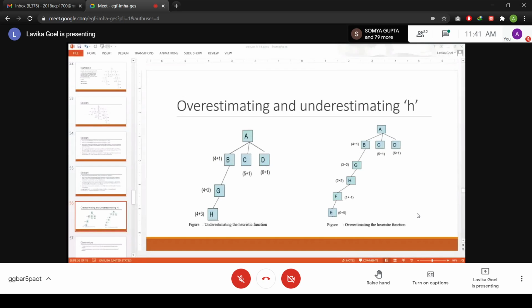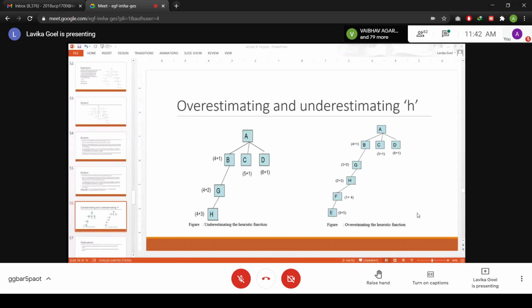So in the case of underestimating the heuristic function of B, after some point of time, you will have your F value greater than some previously ignored node's F value. In that case, you will backtrack your search. So you will follow the correct path at that time. So in the case of underestimation, your search will backtrack at some point of time and it will go towards the correct path. At some point of time, the search will backtrack and follow the optimal path.